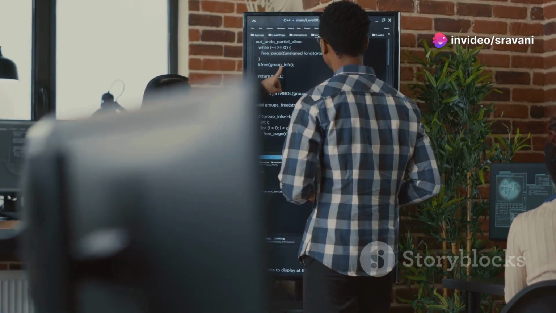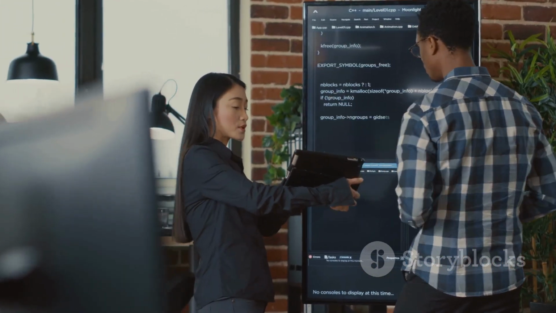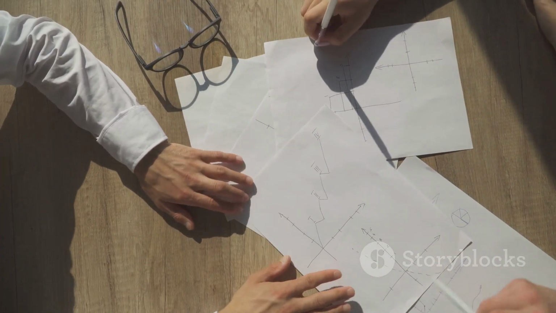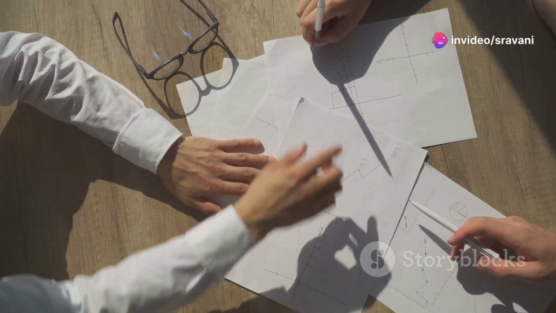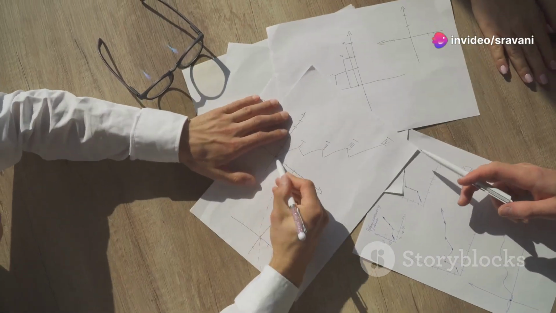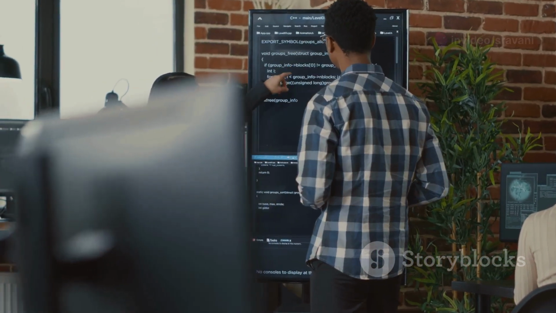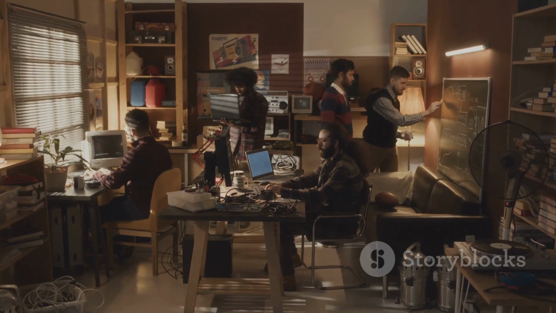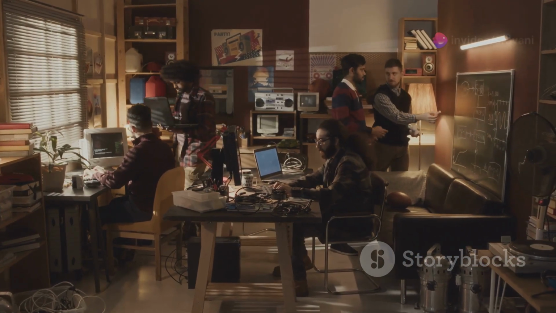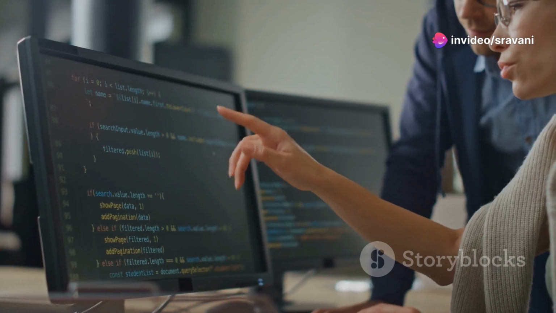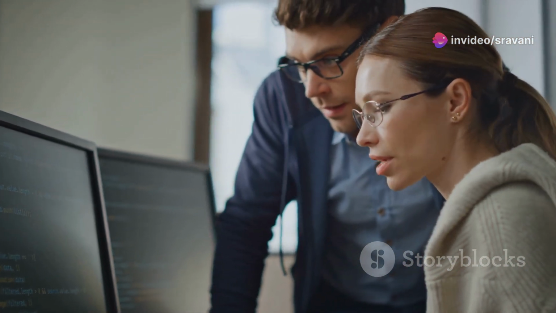You've got a team of developers, maybe even some testers and designers, all coming together to review each other's work. They're looking at things like design documents, test cases, even user manuals, basically anything that contributes to the final product. And just like code reviews, peer reviews are all about collaboration. It's a chance for the team to share their expertise, catch potential issues early on, and make sure everyone's on the same page. It's like that saying goes, two heads are better than one, especially when you're building something as